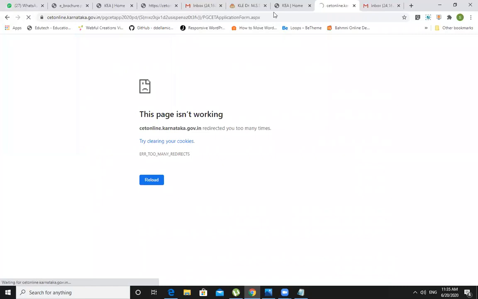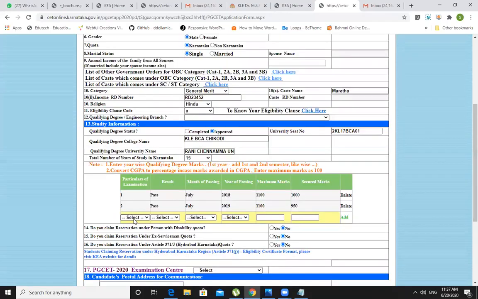There is a glitch in KEA. Okay, fine. We were here actually. I was entering the marks. So for third year, choose third year. And result is awaiting because you haven't written the exam and didn't get any results yet. Month of passing would be July and all.